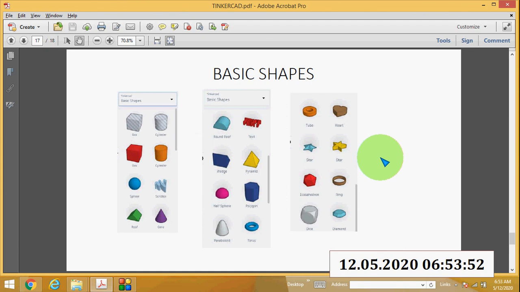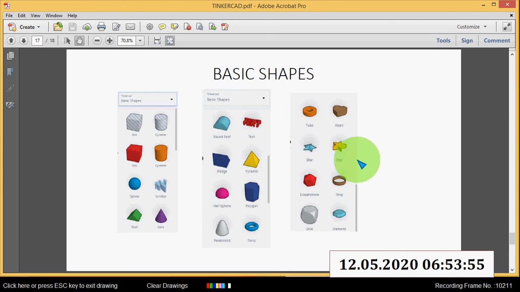Then we will start with the basic shapes. Basic shapes mean you can create 3D designs with the help of basic shapes.